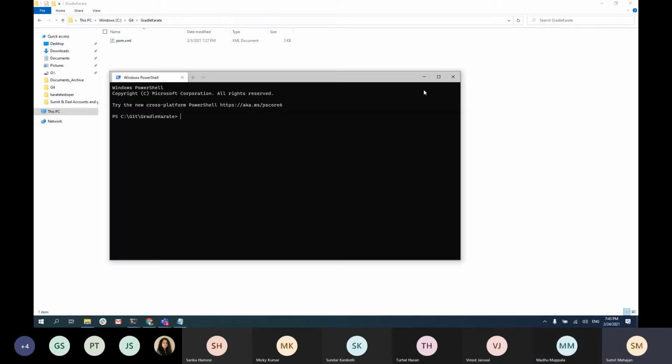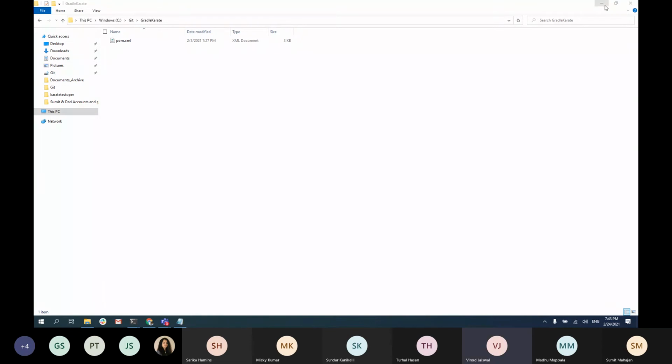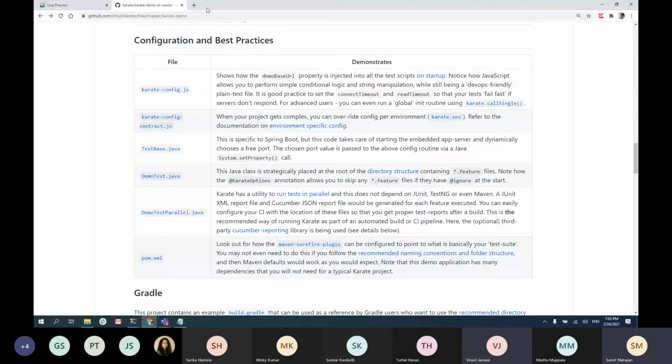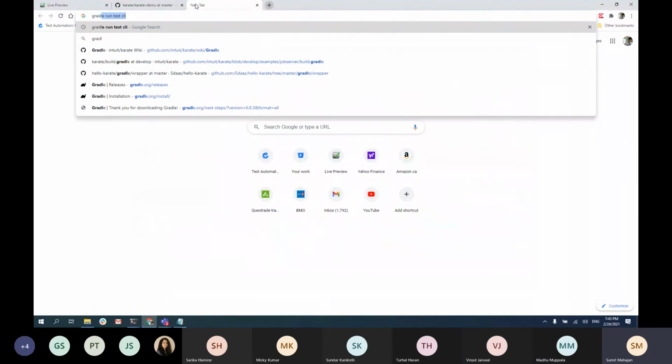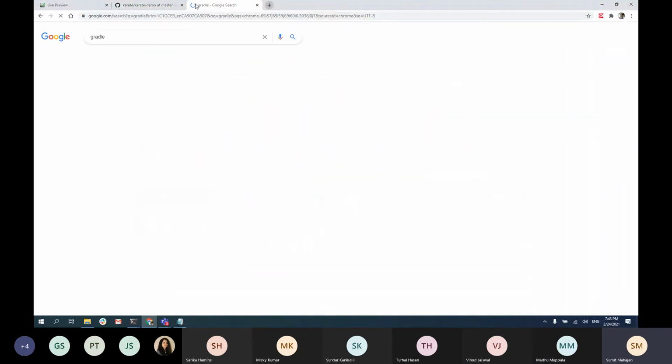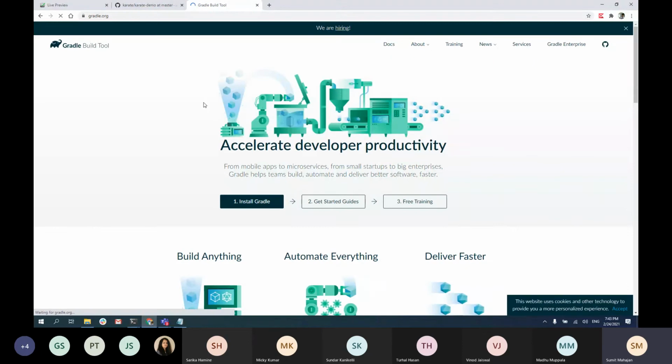Open a command prompt. Is everyone aware of what Gradle is and how to install it? No? Can you throw some light on that? Yeah, okay, good point. So Gradle is a build tool, right? It's similar to Maven. Maven is not a repository manager alone. It also provides a lot of plugins where you get some ease in building your project, right? That is your Maven project.